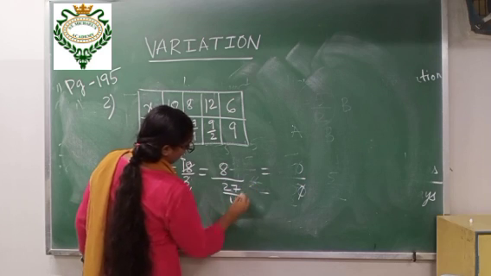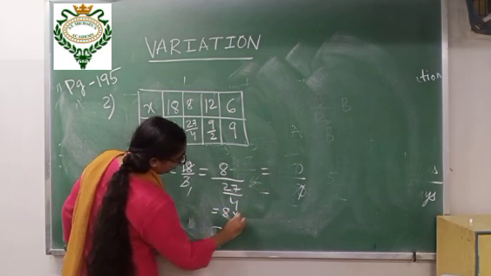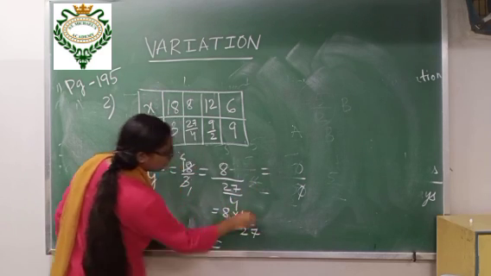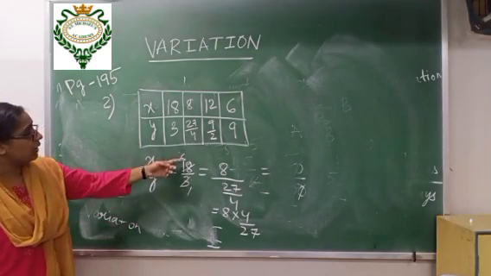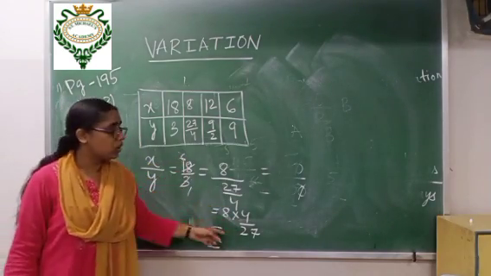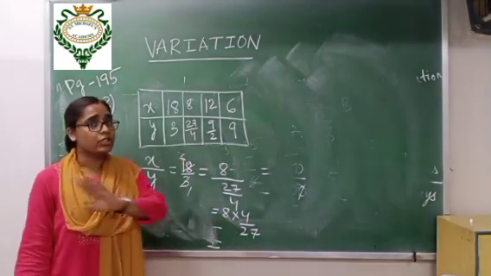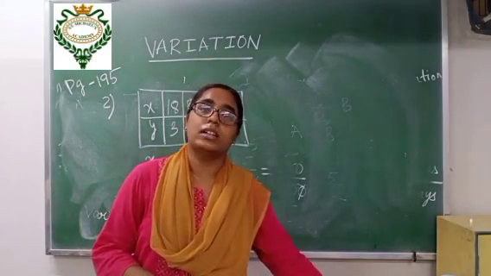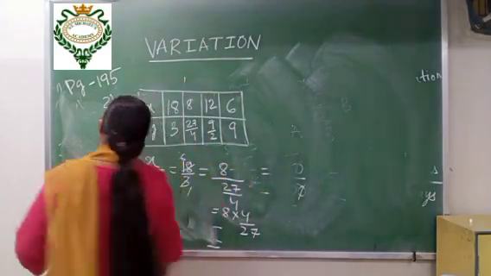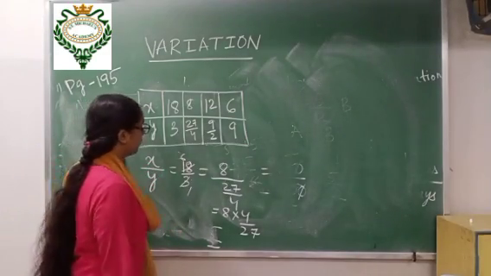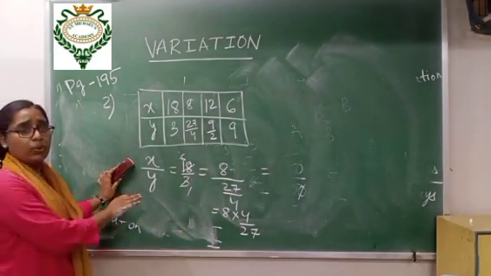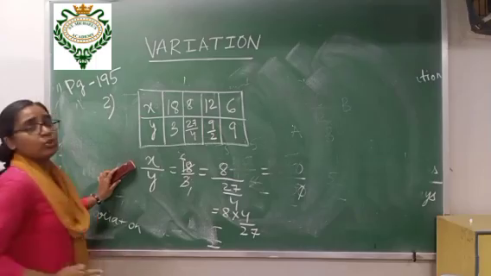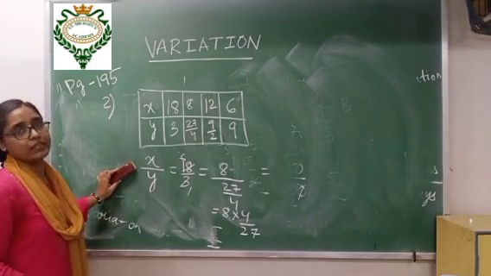8/27/4. When we solve this, how much will it become? 8 into 4/27. You will not be able to cancel anything. Here you are getting k value 6, but here you are not getting k value 6. It means that it is not a direct relationship. So which relationship is it? It is indirect. But you have to show this. Why is it an indirect relationship? No need to write this one. I am doing this only to help you understand why it is not a direct relationship.